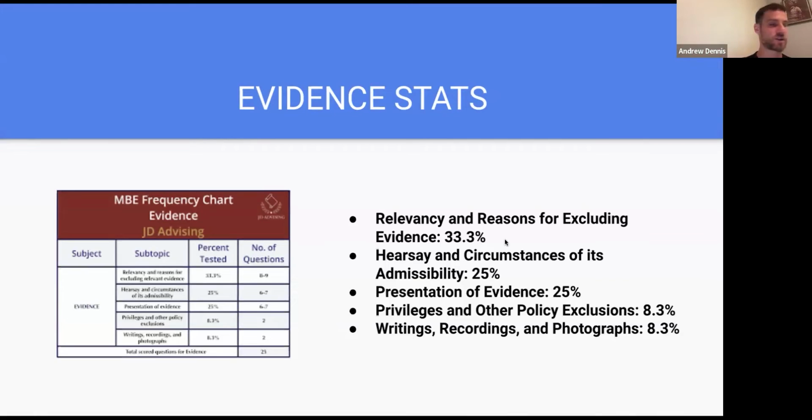And this is one of my favorite presentations because this is a personal conquest for me, federal evidence. As you may or may not know, I've actually passed the MBE four separate occasions. And when I took it the first time, evidence was my worst subject. By the last time, it was one of my consistently best subjects. I learned how to master something that got the best of me. And I think a lot of times in life, you'll find that great teachers are ones who had to learn this holy,